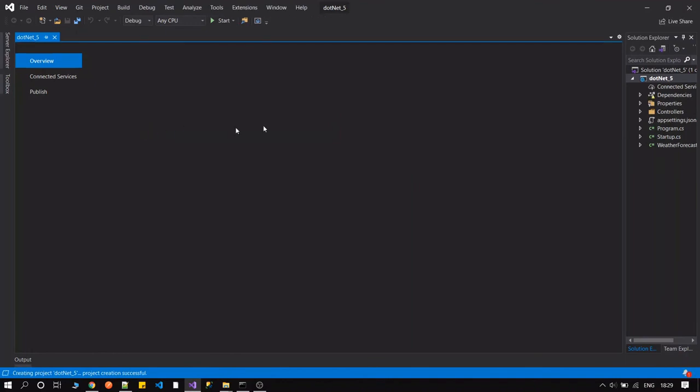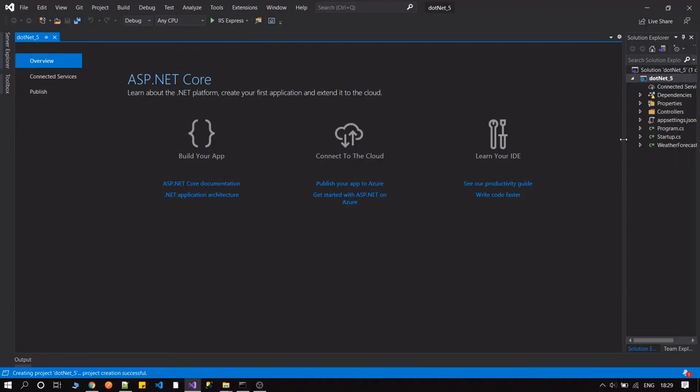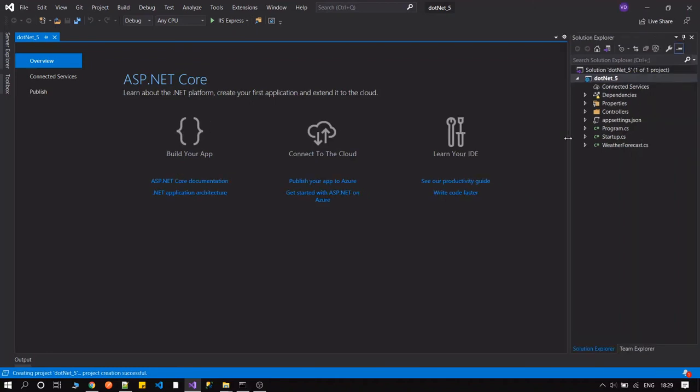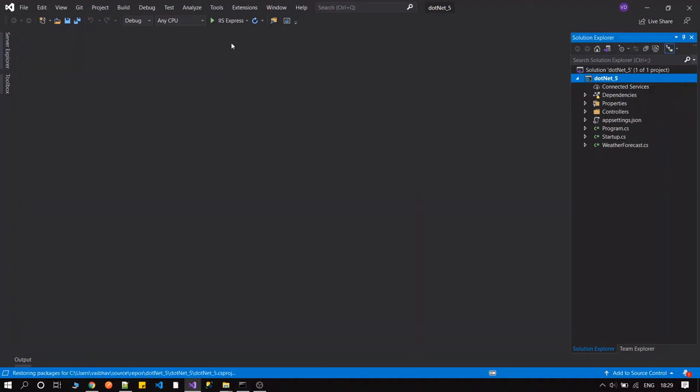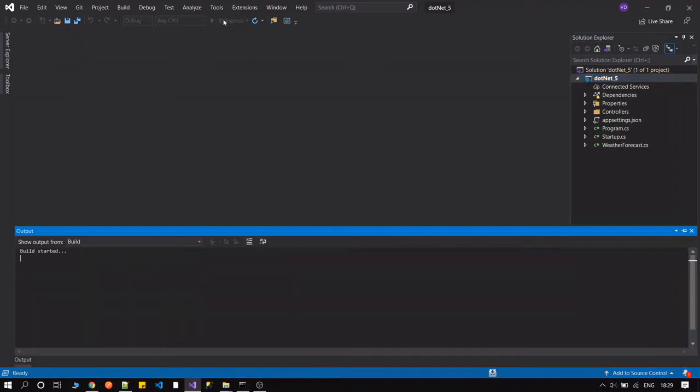Okay, so these are the files that we can see: we have dependencies, and then a folder known as properties, and controllers, and all the files. So let's try to run this project. Click on this file and it will try to load all the dependencies and run our project.